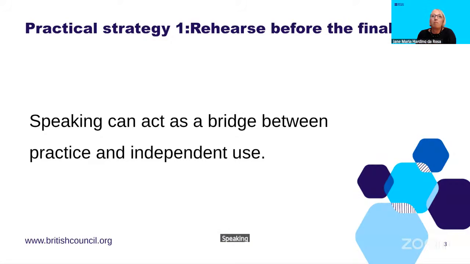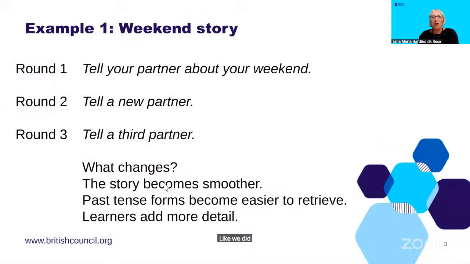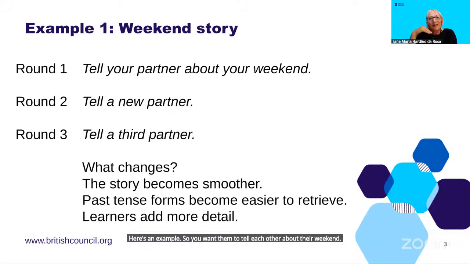speaking more than once. And that leads us on to strategy number 2, which is to repeat the task. Do the same task with a different partner. So, like we did, doing it once isn't enough. Here's an example. So you want them to tell each other about their weekend, but telling their partner what they did, and then telling another person what they did, and then a third,